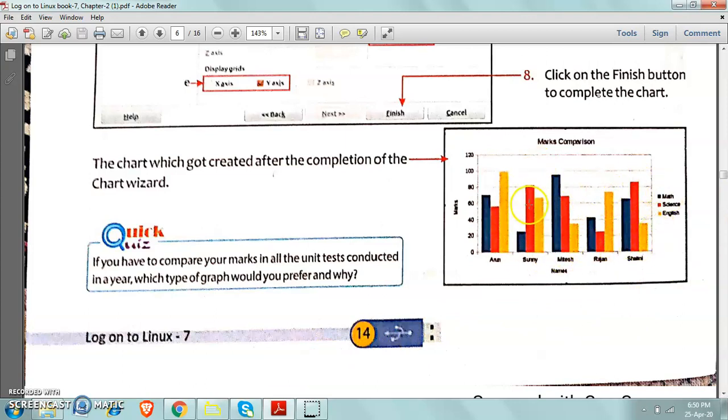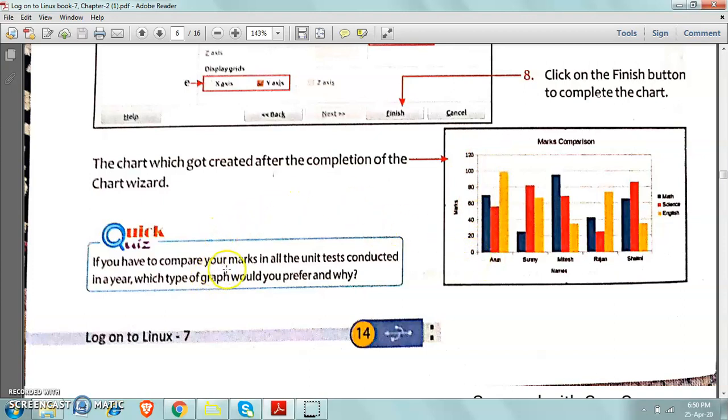This chart is based on the data which was selected by us, which was given in that data table. You can see marks of different students in different subjects. Legends are given, title is given, X value is given, Y value is given, and the title of the chart is also given.